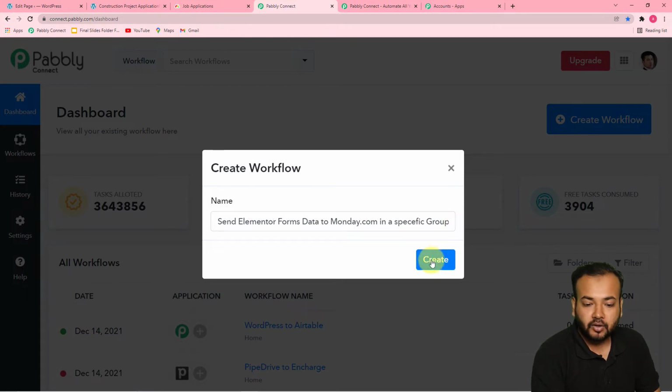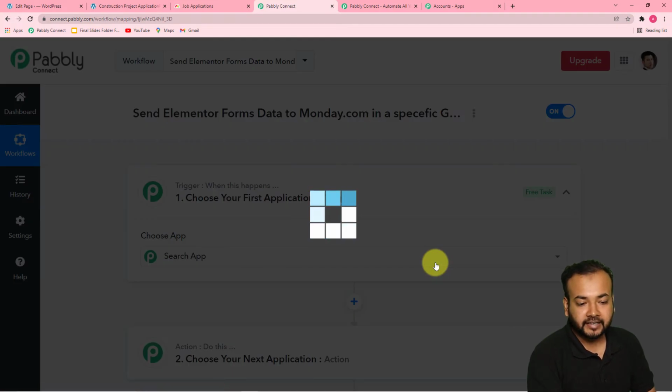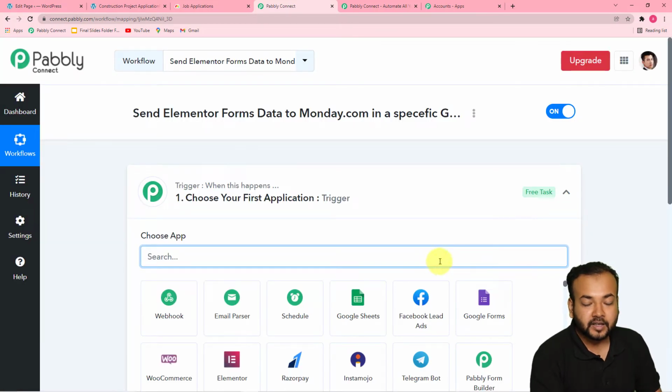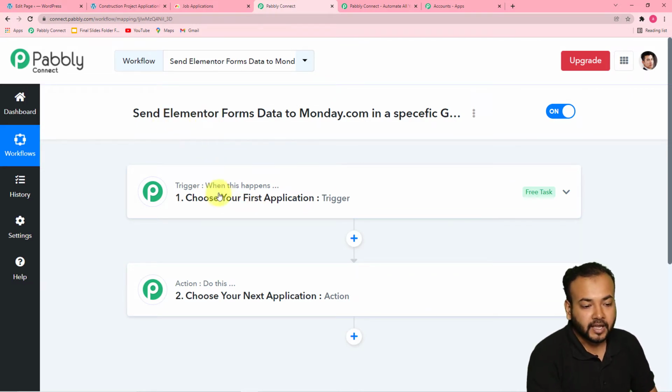Okay, now you can click here on the create button, and you can see your workflow getting created like this. Here you'll find these two things, the trigger and the action. This automation works on these two things. The trigger says when this happens, the action says Pabbly Connect, do this. All right,